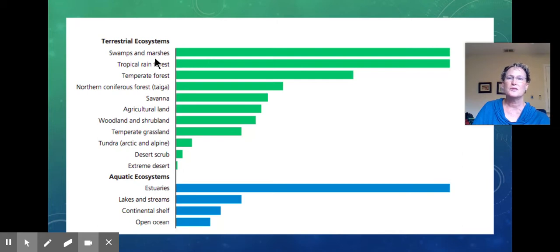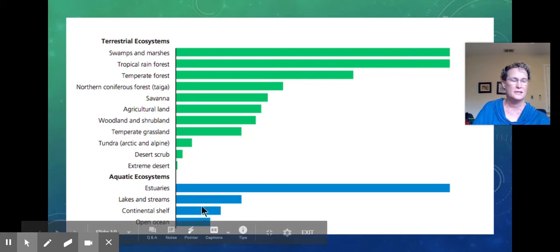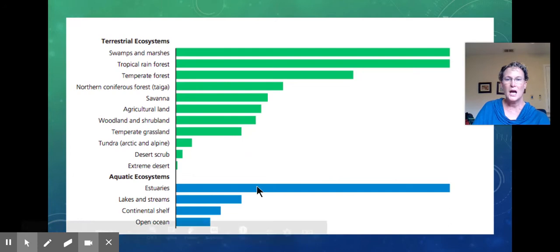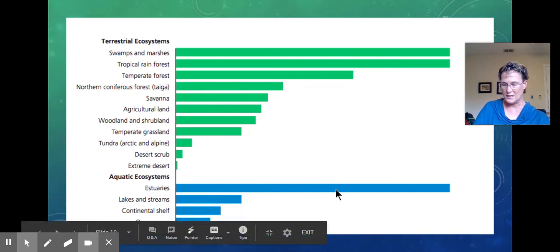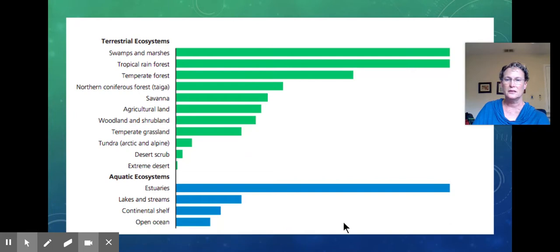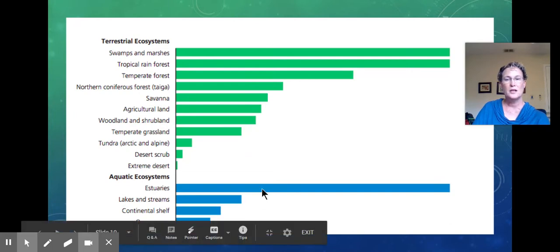So the most productive are the swamps and marshes and the tropical rainforest and the estuaries. And the least productive is the desert, the tundra, and the open ocean. Okay, so I covered it up. Sorry, that's what I was trying to avoid before. Okay, so the open ocean, because it's so big,